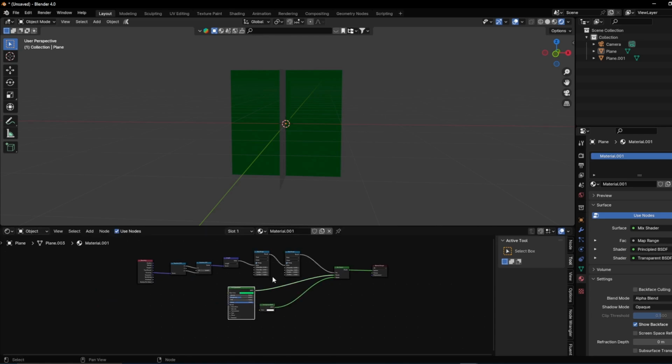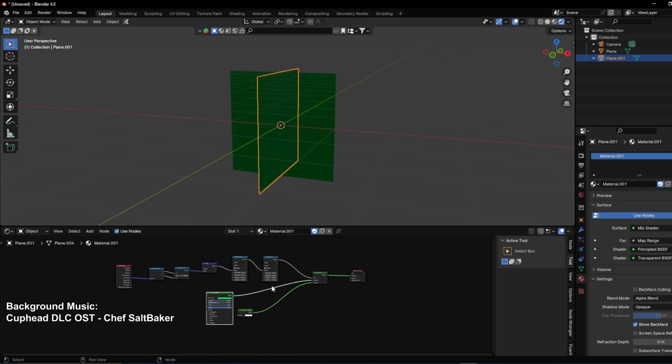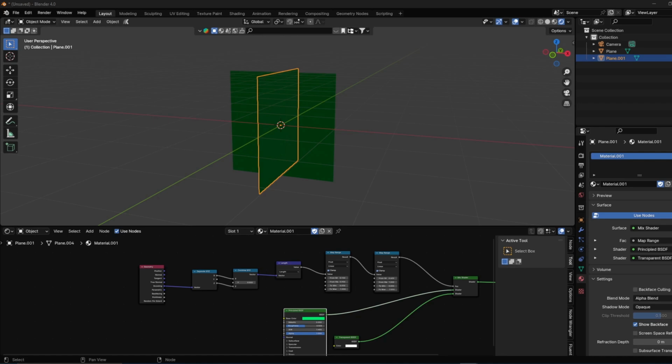Once I do that, I'll press the shield button here, which is the fake user button, and then I'll copy the material, and I also check again the shield, the fake user icon. I'll rename this material as first plane. Then I'll go into the second plane. I'll select the other copy of the material, and then in this other version I'll just change this little thing